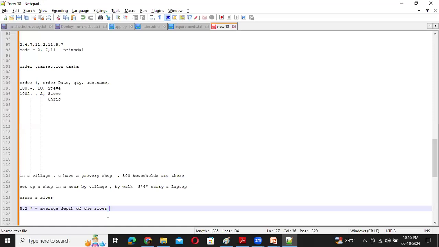They want to be diligent. So the shop owner, based on the information which he got from the guy, says the average depth of the river is fine and decides to cross the river. But the data scientist says, hey, no, wait. He calls that passerby again. Hey, average depth of the river is fine. Can you tell me